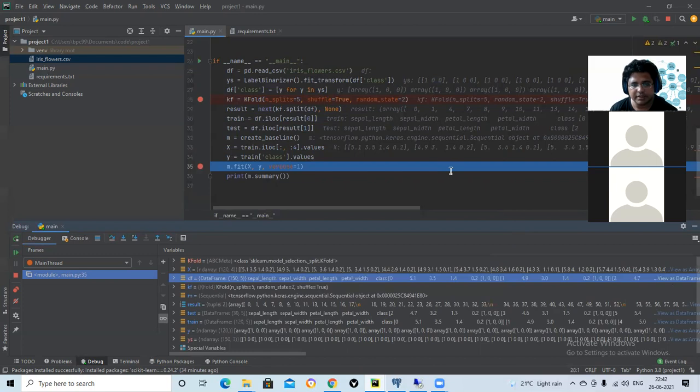What I'm saying is first the train test split can be done, and then we will use k-fold so that this mismatch of the data will not be there. Yeah, I understand what you're saying.